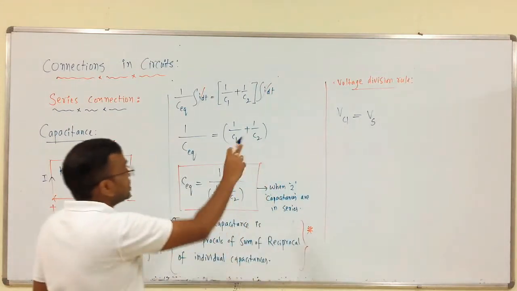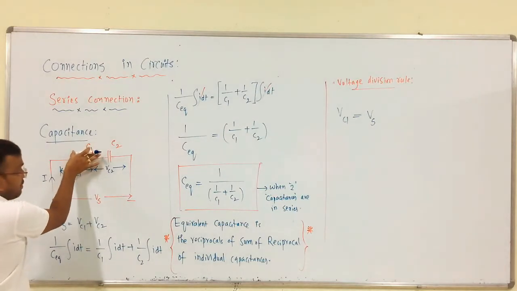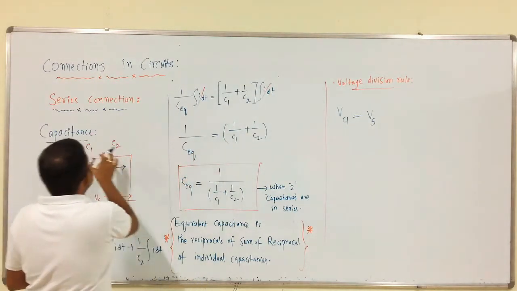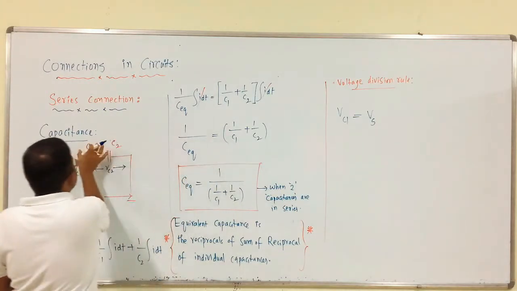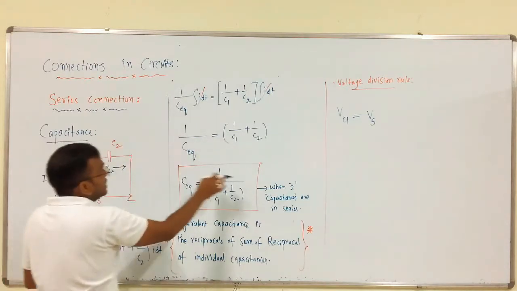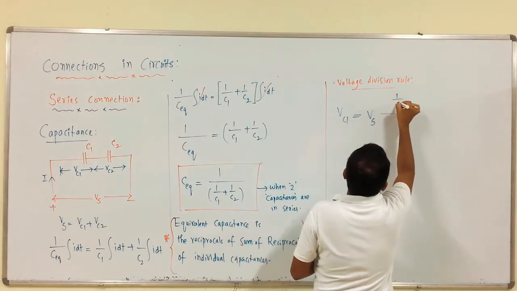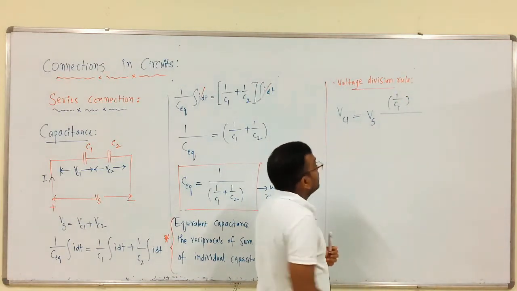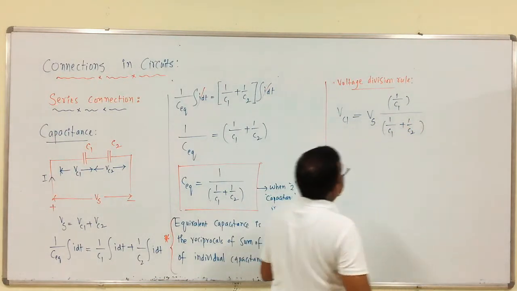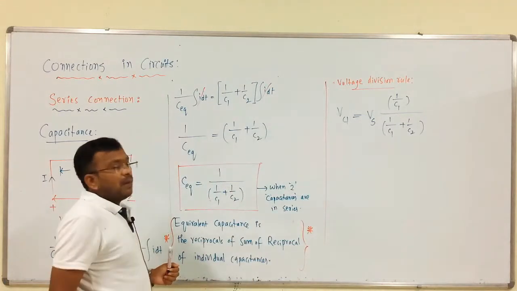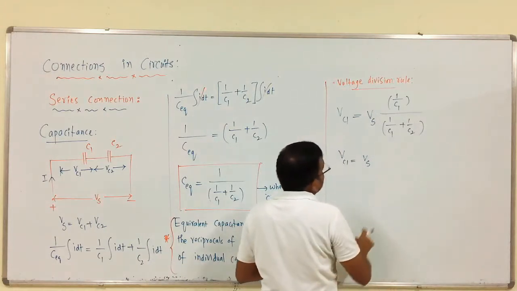Here also we can consider total voltage into the present branch capacitance, but that is for the reciprocal of that capacitance. Why are we considering the reciprocal of capacitance? For this C1 we are considering 1 by C1, for this C2 we are considering 1 by C2. That is why we are considering the present branch capacitance as 1 by C1 by total capacitance. Here we are considering only two capacitances. Therefore, VC1 is nothing but what? Vs into 1 by C1 by the total.